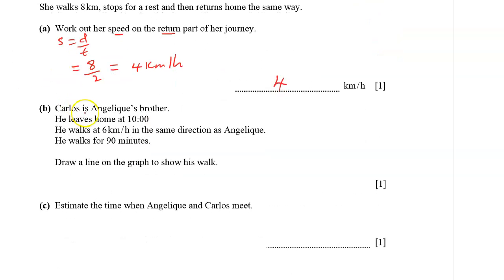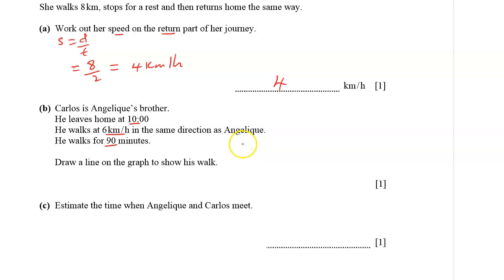Part B. Carlos is Angelique's brother. He leaves home at 10. He walks at 6 kilometers per hour in the same direction as Angelique. He walks for 90 minutes. Draw a line on the graph to show he's walking. So we need to find